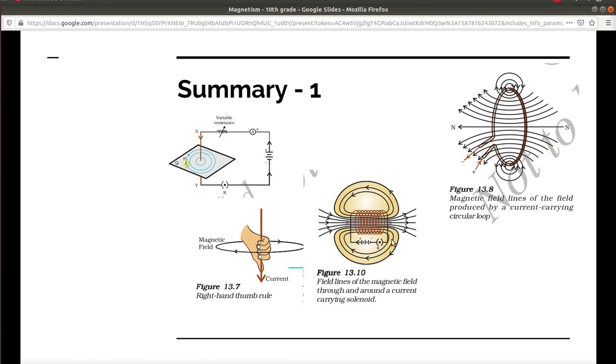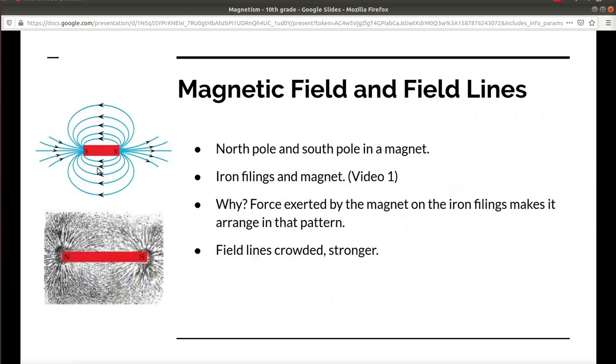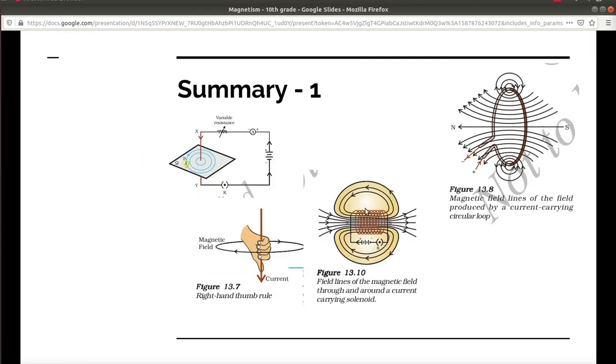This is your magnetic field through a loop, okay, the current carrying loop. So the current is flowing like this, and you can see the magnetic field lines are going through inside and all, okay. This is how a solenoid will look. So if you think of a solenoid as multiple current carrying loops, that is why it has field lines inside, and it resembles the bar magnet. The image of the bar magnet with the field lines, it resembles that, right? It looks something like that, the south pole and the north pole and all that.